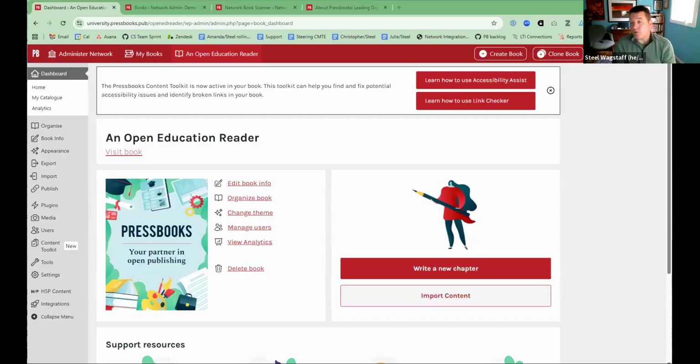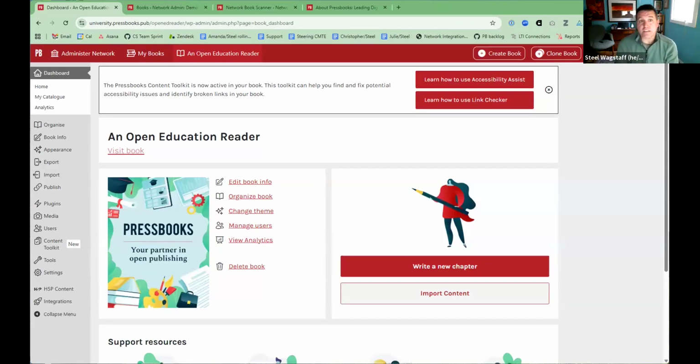So what I want to do now is actually go into the live demo. What I'm going to show you is the Content Toolkit. Here, I'm going to start from the perspective of a book author. Most people who are using Pressbooks are just authors or book administrators, and so I'm giving you a sample book dashboard.